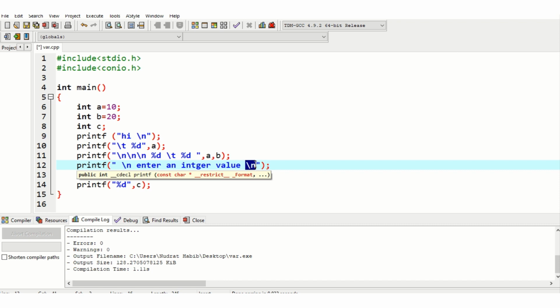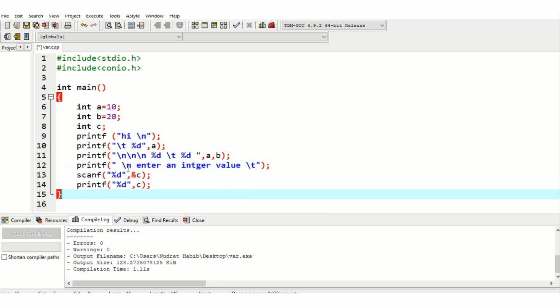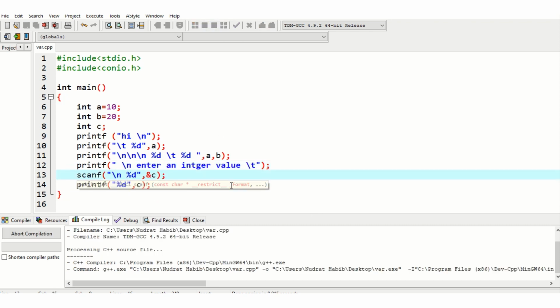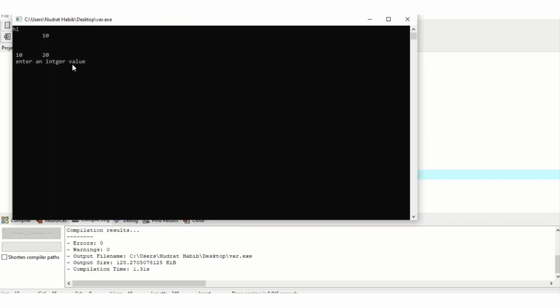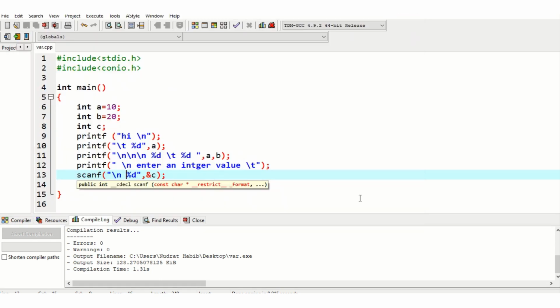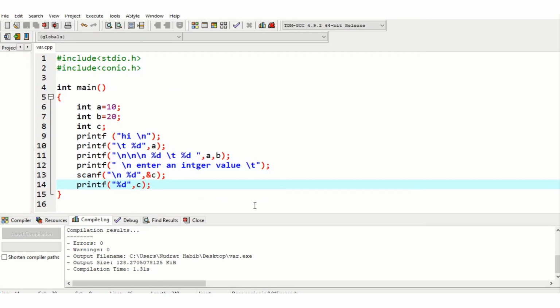Enter a value, and then a new line here. Enter a value, I enter 34. 34 is displayed. Okay, so this is the printf, scanf statement and variables.